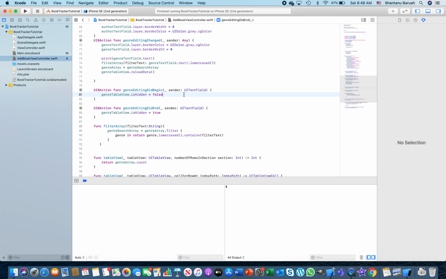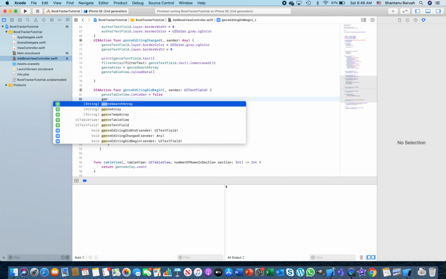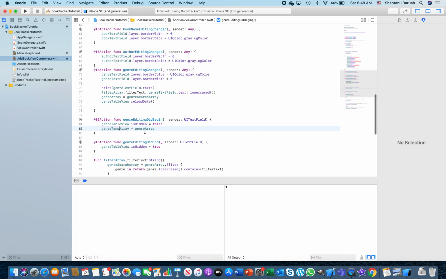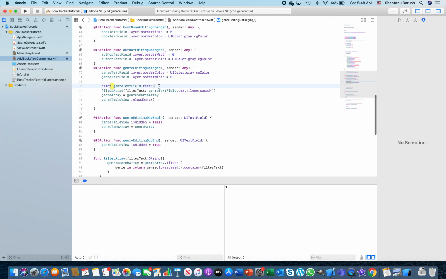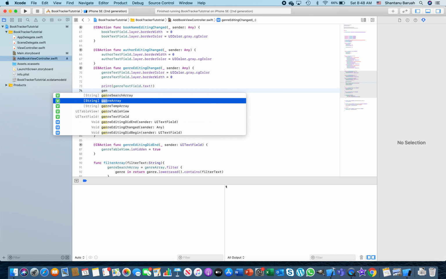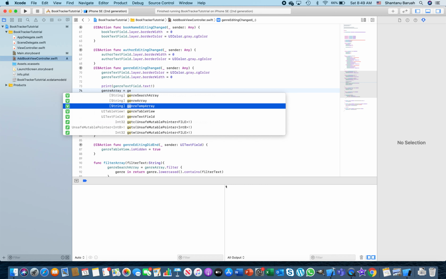So before even the edit begin, what I want to do is assign all of the values of my genre array to genre temp array. So that way I'm preserving all the values. So no matter whatever the search is doing, it will always have my value preserved here in temp array, correct? So before I go for filter, I want to make sure my genre array is always the original array, which is a temp array,